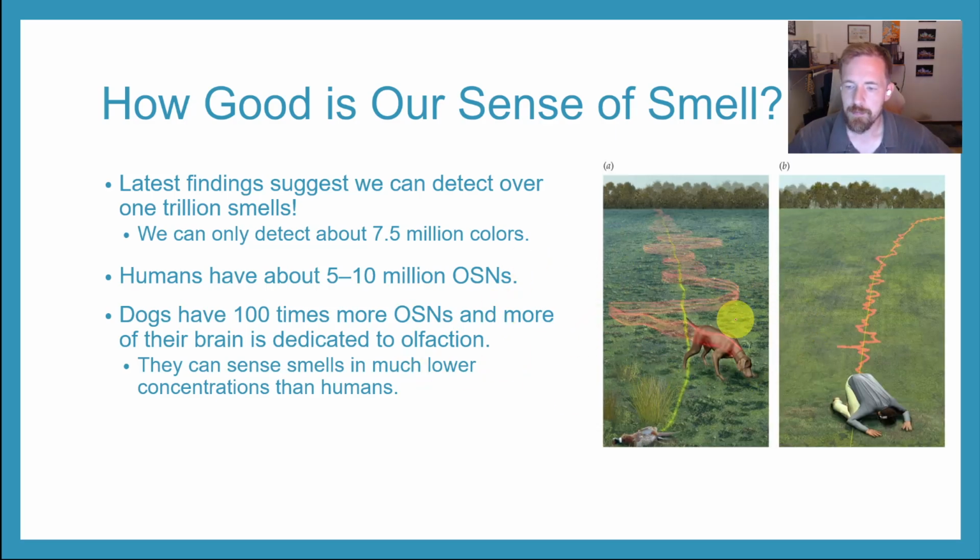This figure right here is a really fun experiment where, in figure A, they took this dead bird and dragged it across a field, and they let this dog loose to see, all right, can this dog follow the scent of this dead animal? And you can see that it can, but not only does it follow it, it can also weave back and forth. You see its trail is going all over the place. But that's okay, because this dog can pick up really, really low concentrations of that smell. We humans can smell as long as it's in a high concentration.